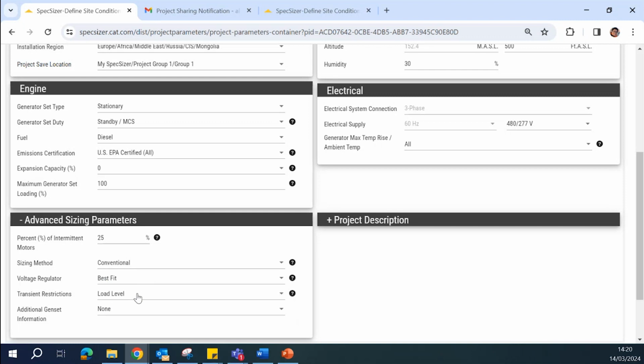Next, we have the transient restriction. Default transient restriction is the load level. With load level, the voltage and frequency dip is indicated by individual loads. But for some projects, there may be an overall site limit to the voltage and frequency dip. And in this scenario, the transient restriction can be set to project level and a maximum voltage and frequency dip